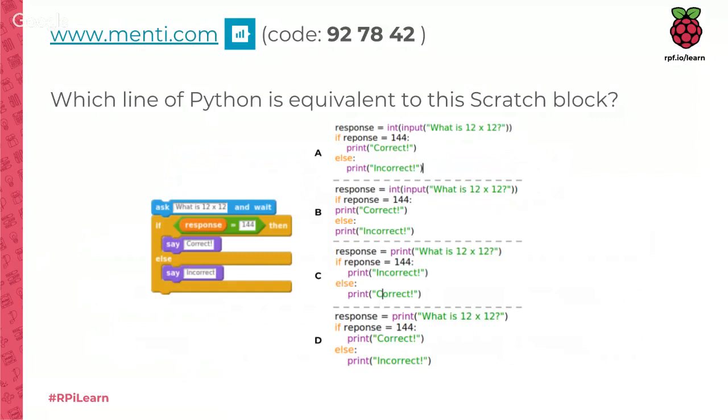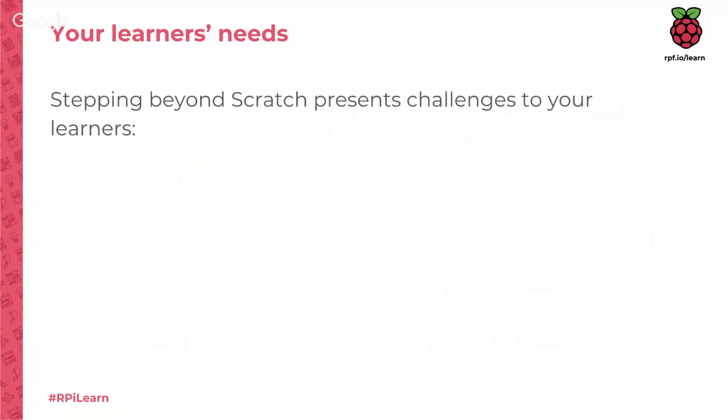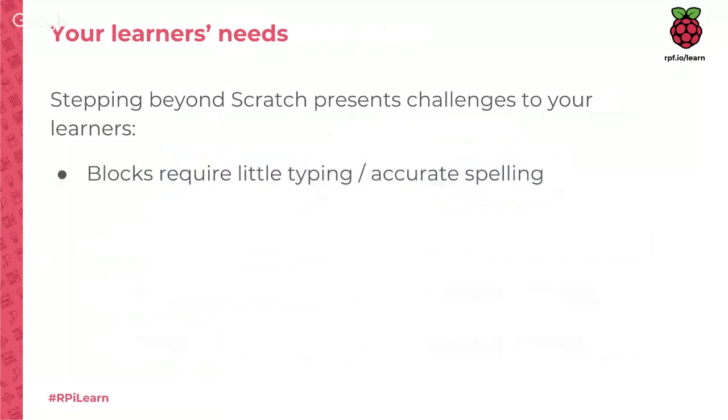Go to that slide. Okay, so the point of that exercise was to really draw out the importance and the learning opportunities for comparing Scratch and Python code together and really thinking about the concepts that lie behind them. But there's a whole load of other stuff that's coupled with this, that's all about your learners' needs. We've talked a little bit about the languages and the specifics of the language, but our learners have needs that we need to address. And those needs are really important. So they present some challenges to your learners.